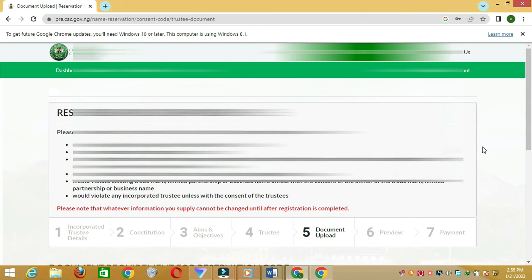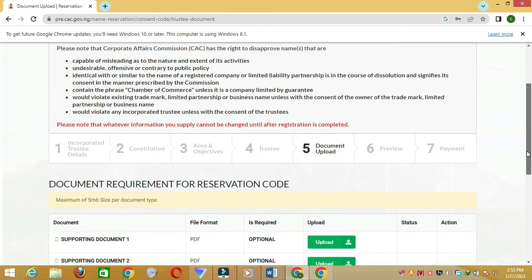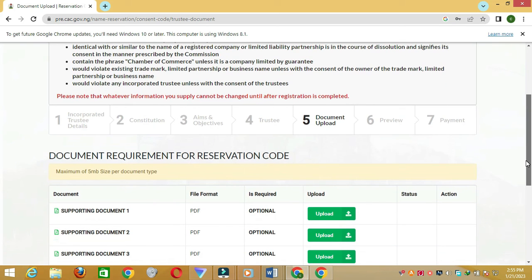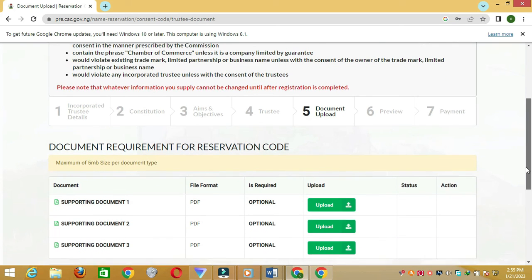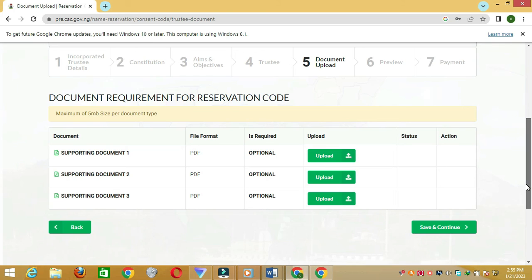So when you click on save and continue, you will now be directed to this section, which is document upload. So at this point, CSC wants you to upload all relevant documents concerning the registration, right? So part of the supporting documents that you will need for this registration, I'm going to